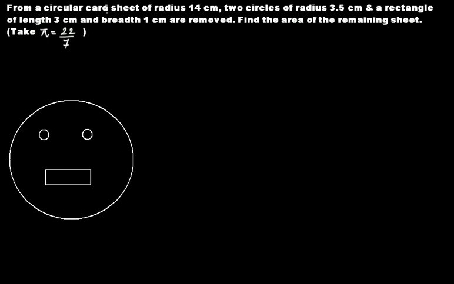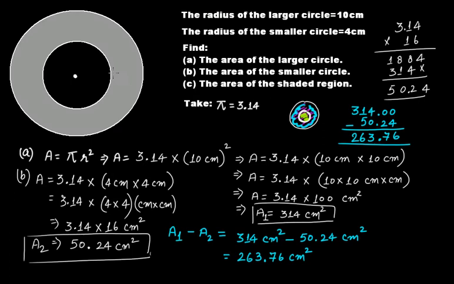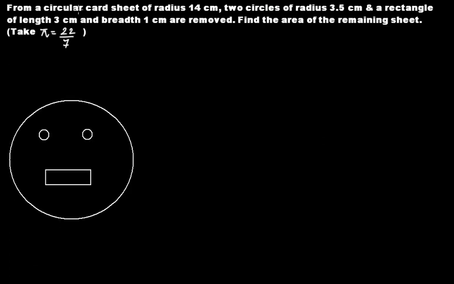From a circular card sheet of radius 14 centimeter, two circles of radius 3 centimeter and a rectangle of length 3 centimeter and breadth 1 centimeter are removed. Find the area of the remaining sheet. It's something similar to what we have done here. So from a circular card sheet of radius 14 centimeter, that is this one,